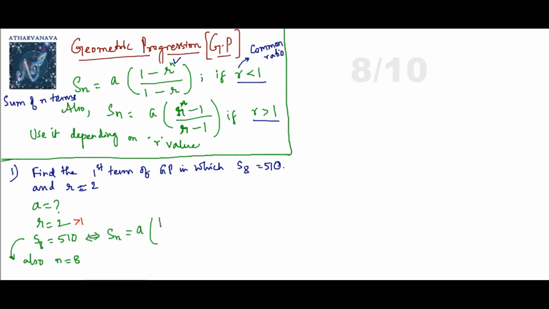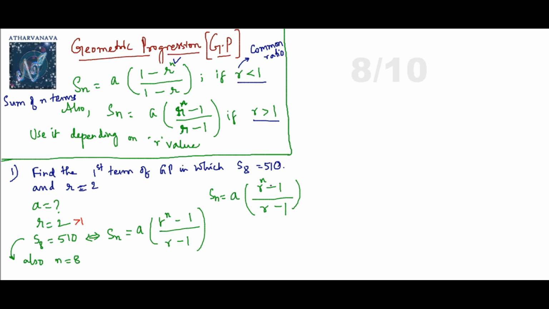So a into, I'll write, r power n minus 1 by r minus 1. Now, how to remember this formula? I have a trick for you. Always write Sn is equal to a, bracket, and then use the denominator also when you make this arrangement: r minus 1, r minus 1. Understand, only the numerator has the power n. N for numerator, like that you can remember. n doesn't actually stand for numerator here, but just for remembrance, you put the nth power only on the r value which is in the numerator. That's the reason I am asking you to remember it like that.